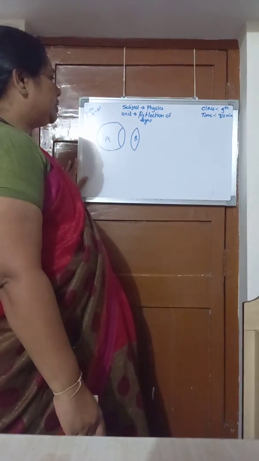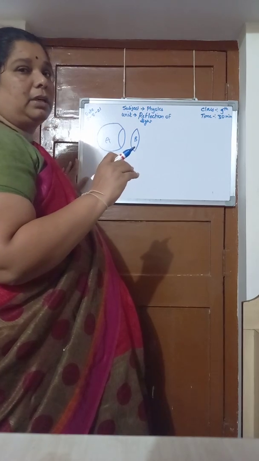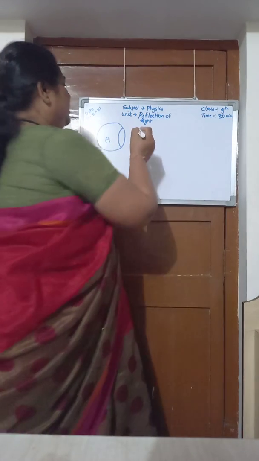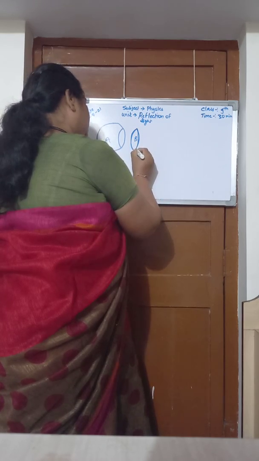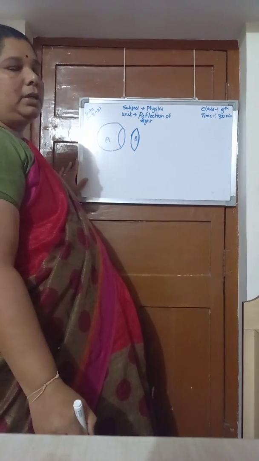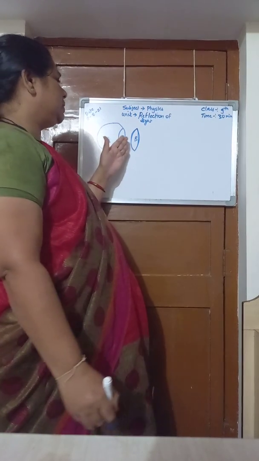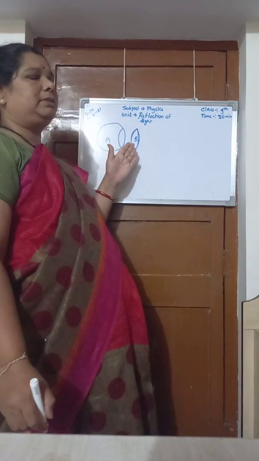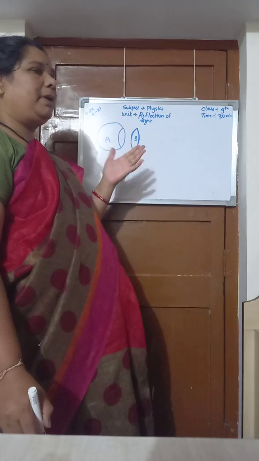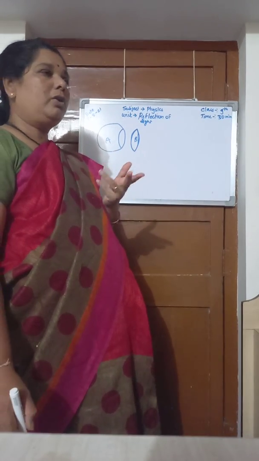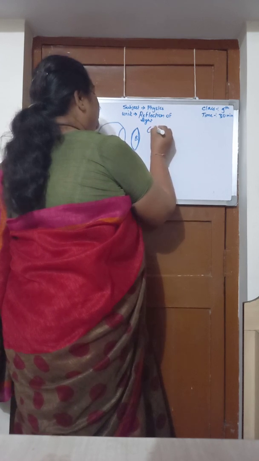This inner or outer surface is coated with shiny material to obtain a spherical mirror. If this inner surface is coated with shiny material, then it may be a concave mirror or a convex mirror. First we will see what a concave mirror is.